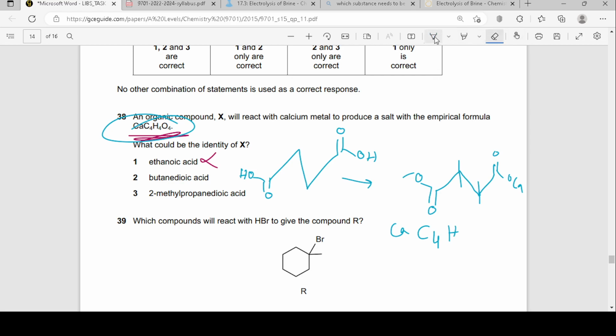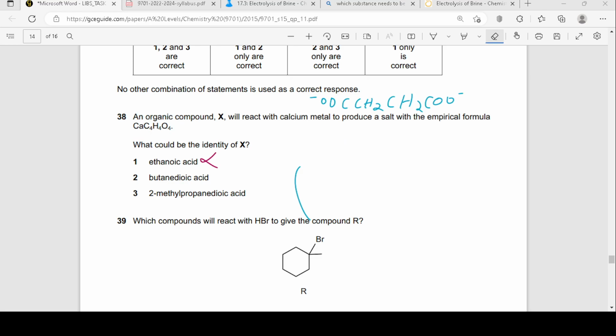This is a good question. Or maybe if I have CH3COOH, can I just make it Ca? Oh, twice Ca, right? Perhaps maybe I'm supposed to do that? An organic compound X will react with, let me take some time to do that and I'll come back to this sheet. Okay, so I took some time to try to figure it out myself,